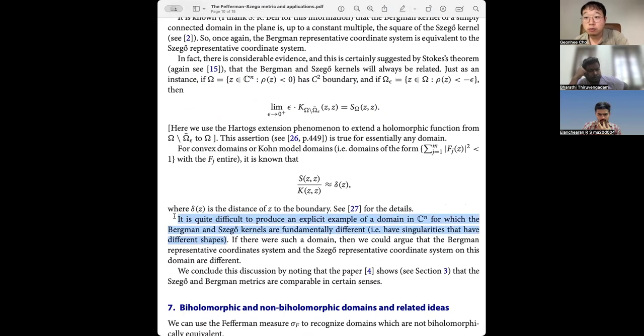So what one can do is, by looking at the concrete examples for which we know the explicit formula of the Bergman kernel, one can produce the explicit formula of the Szego kernel. The technique could be similar, but at least this is not investigated. By obtaining this, one can compare the two, and then conclude something interesting by investigating concretely.